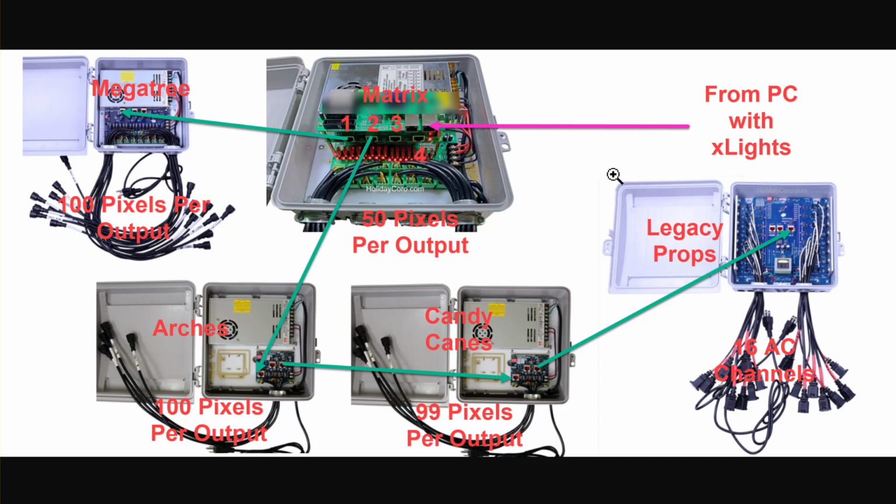All right. Now in this particular setup, we're using our Mega Tree, which has 100 pixels per output. We're going to be distributing those over 32 strings, and we're going to use Jack 1 here for that. Now we're also going to be using Jack 2 in a daisy chain configuration, and we're going to first go